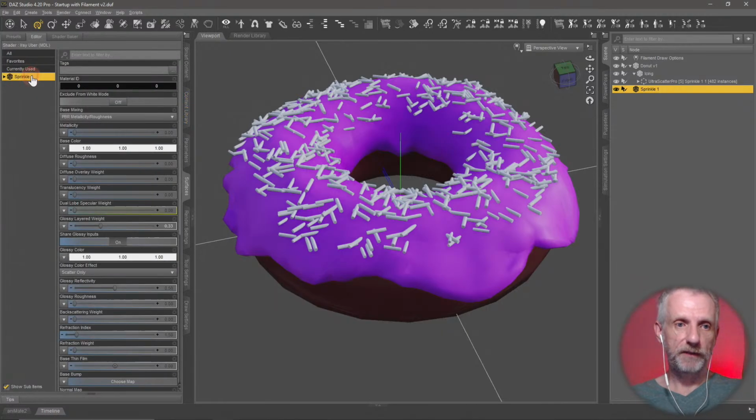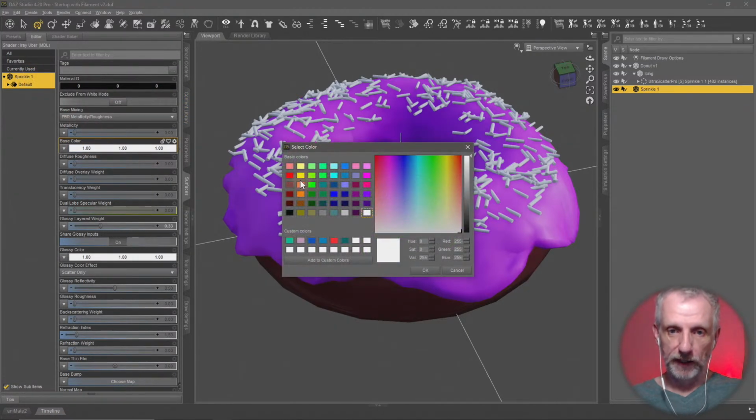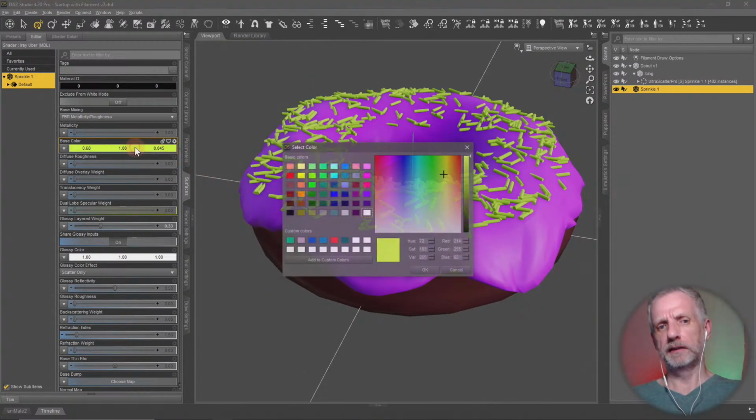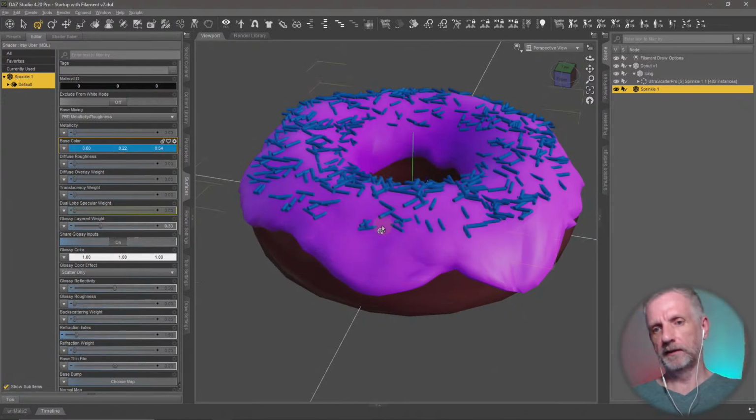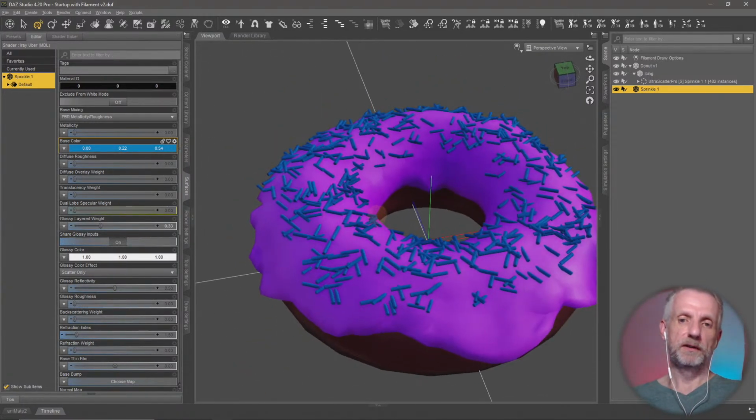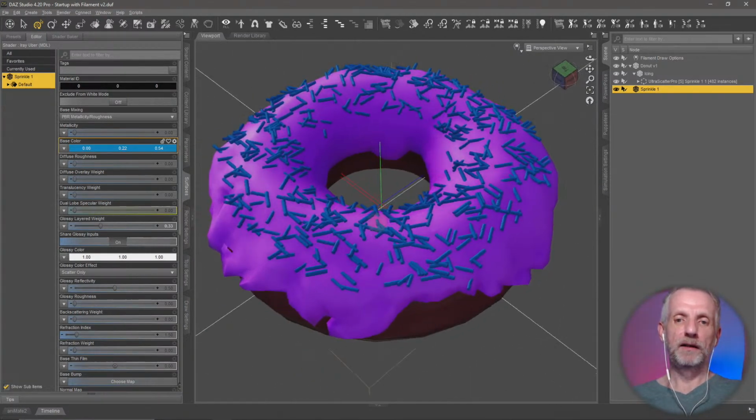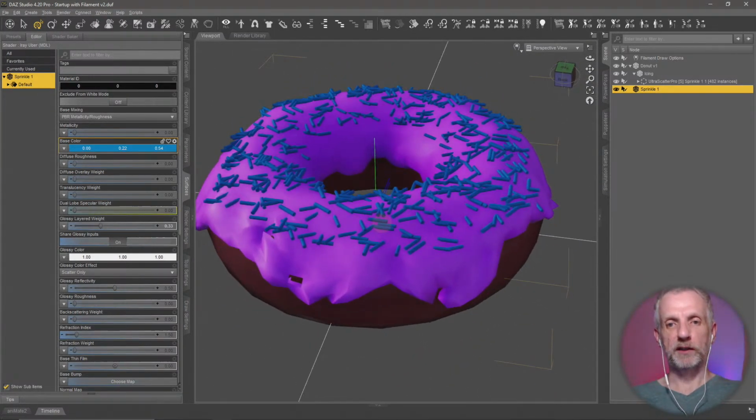So first sprinkle, since they're instances, if I use this, that's all my yellow sprinkles. Does that look good? I'm not sure. I think that doesn't look good. Let's make them blue instead. There, okay, blue on purple. That's nice. So now let's try our hand at making some of those sprinkles green,